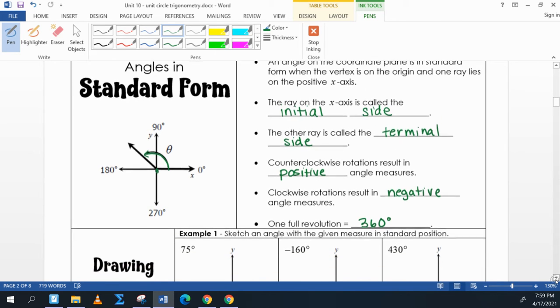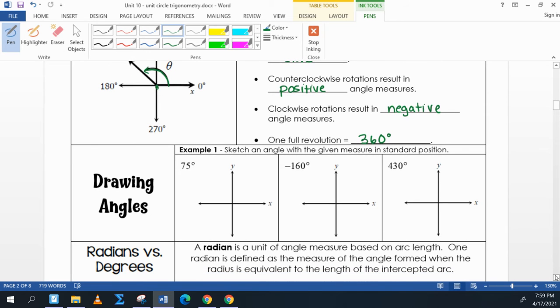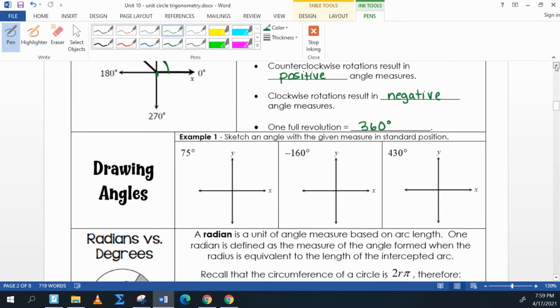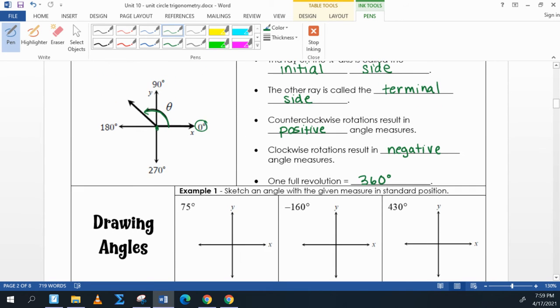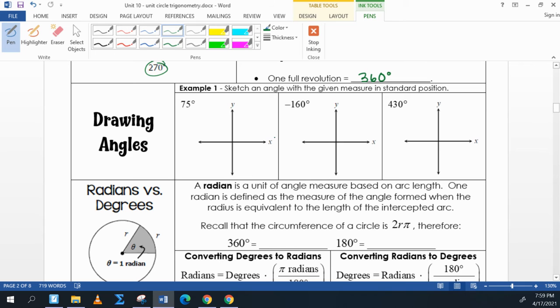All right, so let's practice drawing some of these. Here's how I like to do this. I like to label the axes. If you'll notice up here, they have 0 degrees. That's where we start. Up here, straight up is 90 degrees. There's your 180, and there's your 270. They've got those drawn, and that's where I like to begin too. You don't have to draw all four of them, but I'm going to start with 0 degrees,